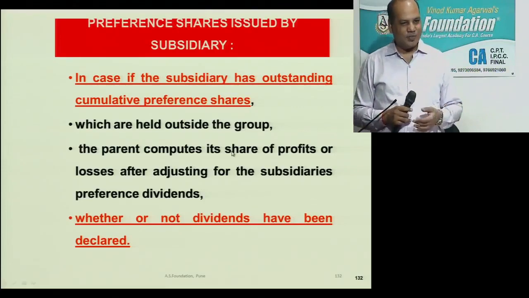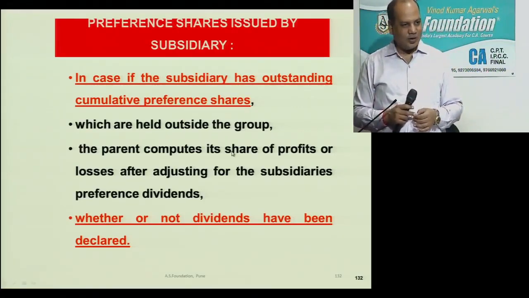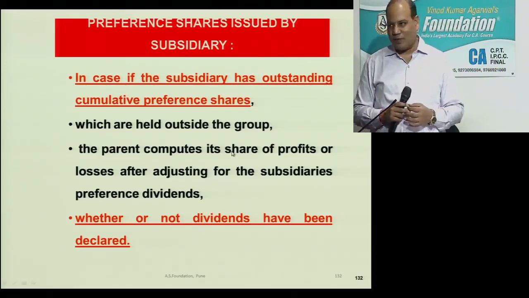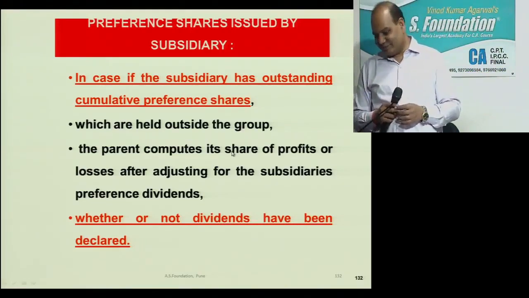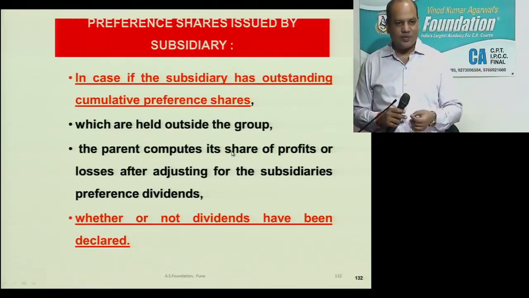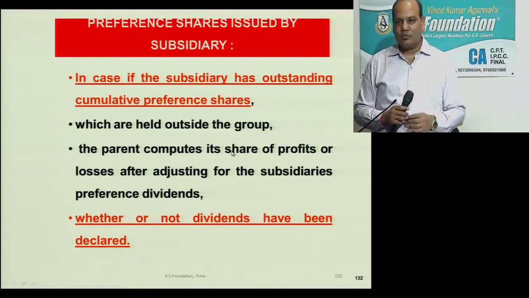Because that is how the Companies Act operates. The Companies Act also says, unless otherwise specified, preference shares are cumulative preference shares. Non-cumulative is specifically given in the problem. Okay? So what is the adjustment? The adjustment is that in case the subsidiary has outstanding cumulative preference shares which are held outside the group,